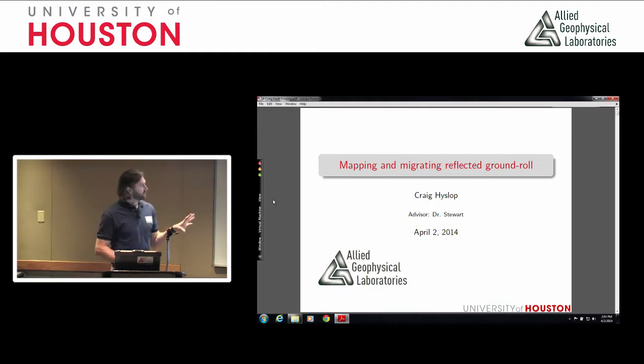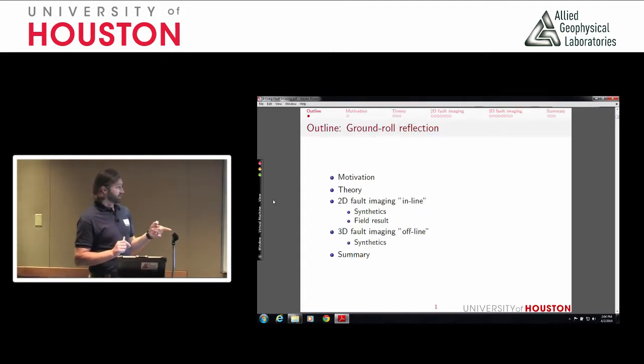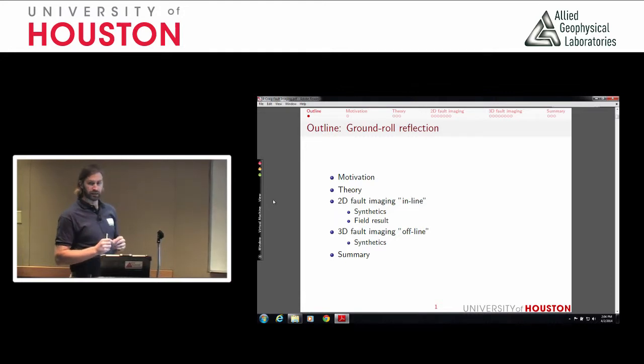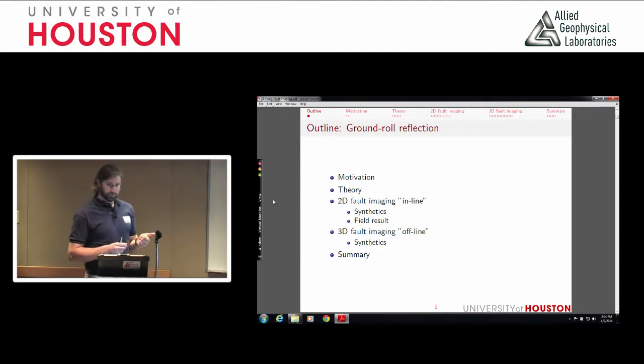So this is the outline for my talk. I'm just going to start out with a little bit of motivation behind why we're doing this, outline some basic theory, and then I'll talk about two things. One is the 2D fault, what we're calling 2D fault imaging, and that would be inline on a 2D line. Give an example of synthetics, show the processing flow, and talk about a field result that we collected up here